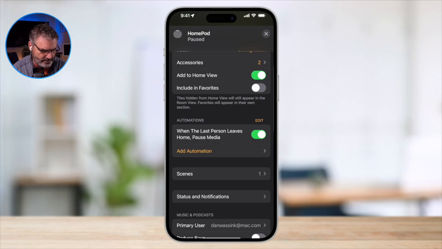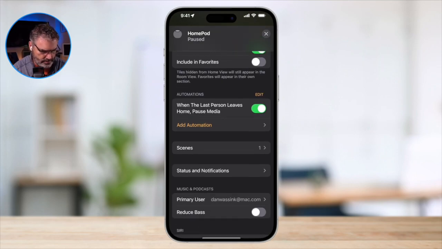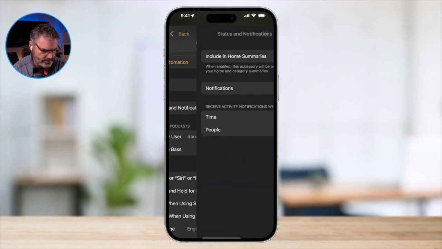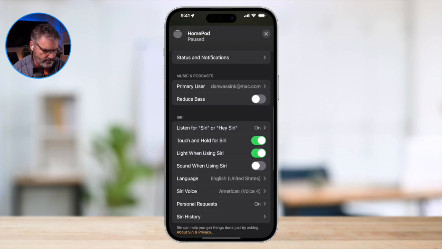Have you looked through this in the Home app? Right. Yeah, I don't.